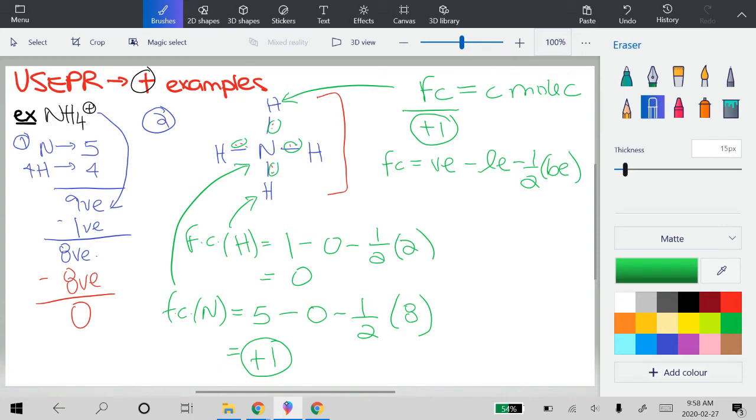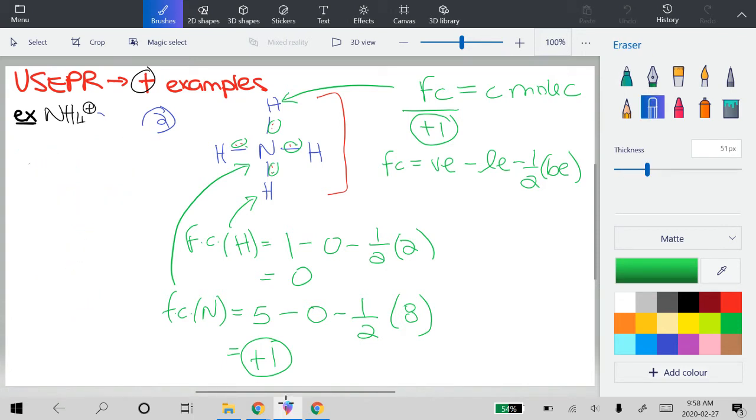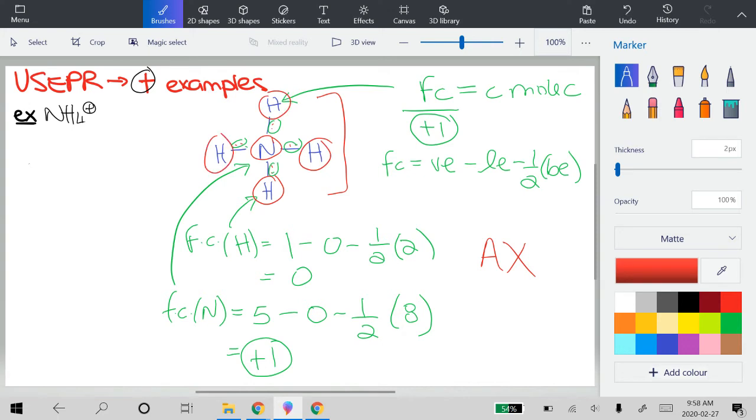So our guess is right then, and I'll just draw the final answer over here because you want to try to draw it in 3D now. So we know it's an A for 1 nitrogen, 1 central atom, and the X is the number of bonding pairs. So I have 1 bond, 2 bonds, 3, 4 bonding pairs around it, and no lone pairs, so no E's, so you don't even have to write it. So AX4 is tetrahedral